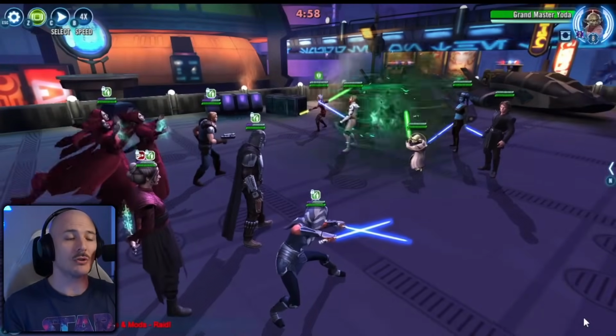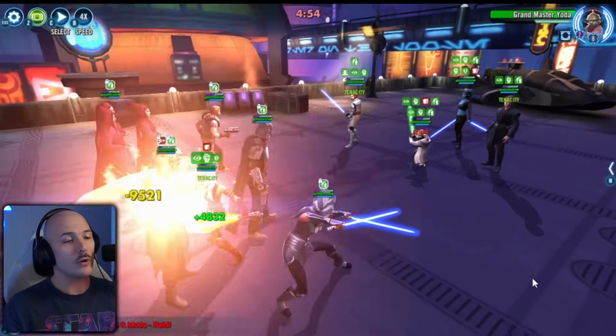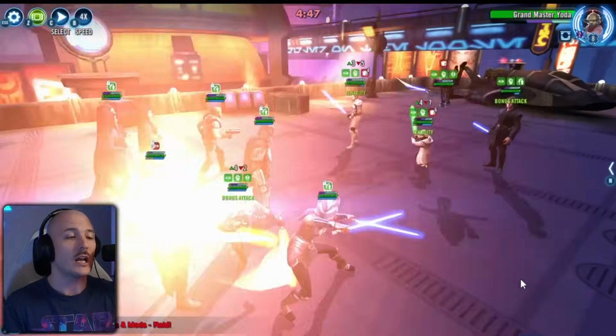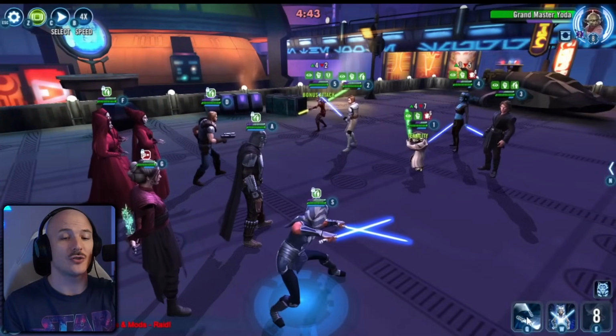I'm going against the bonus node here with Beskar Armor Mando, Dash, and Cat. What we're looking to do here is try and defeat this enemy team as quickly as possible. Obviously, their team is just taking turn after turn after turn. If you've got Voluntary Vanguard and your Morgan Elsbeth isn't high, obviously she's not going to be taking that brunt